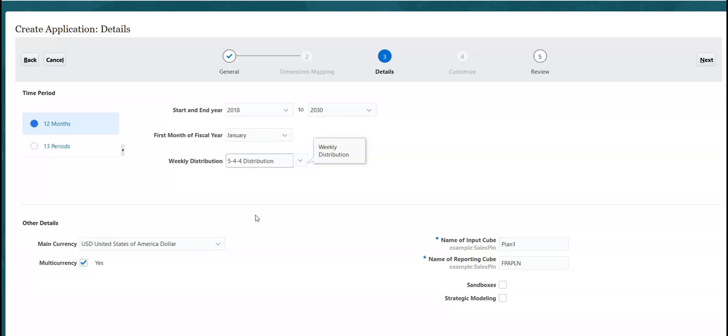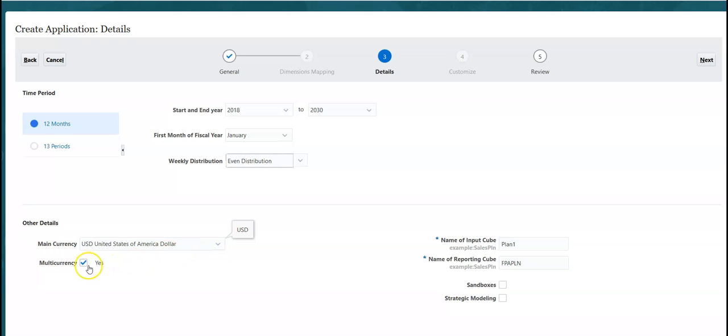So basically, this weekly distribution sets the monthly distribution pattern based on the number of fiscal weeks in a month. So if there is no specific requirement from client, I would recommend selecting even distribution. Multi-currency is used to be able to budget using different currencies. If this application is used by multiple entities from different countries, then this option totally makes sense.